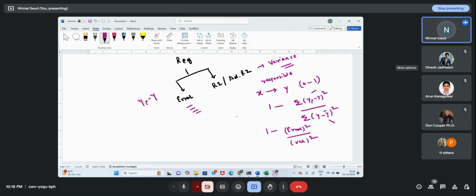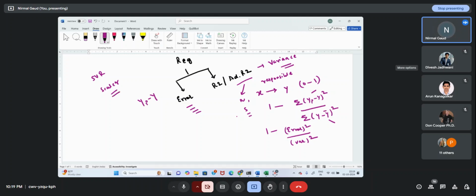Adjusted R2 we use to penalize R2 if it is showing overfitting. So that is adjusted R2. It considers the number of features and also the number of samples present in the data. That's what it comprises. So these are the things which we have to see in our data. If I want to use SVR, I need to scale my data, standard scaler.